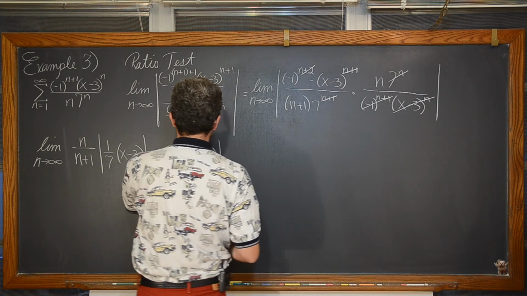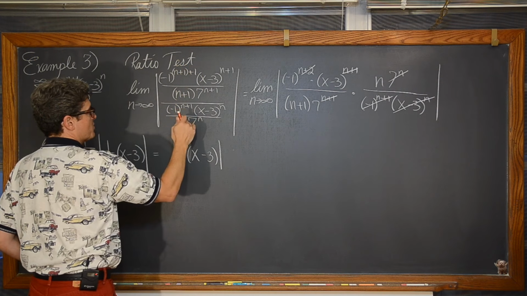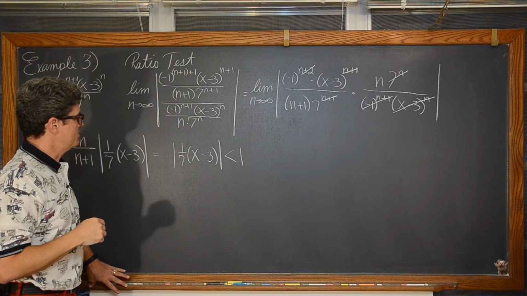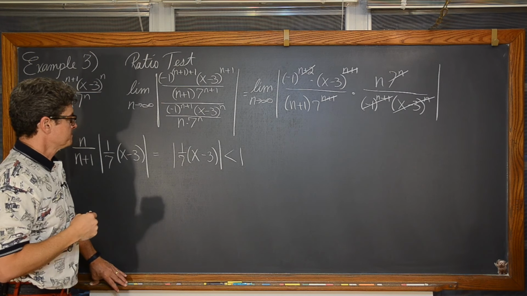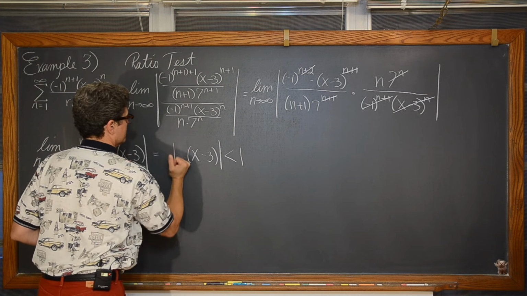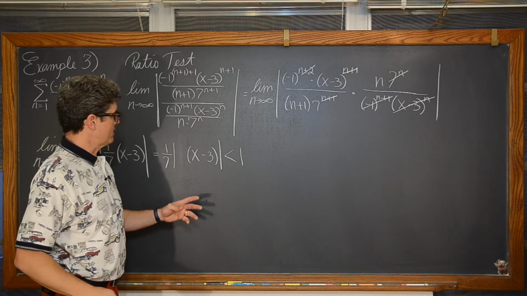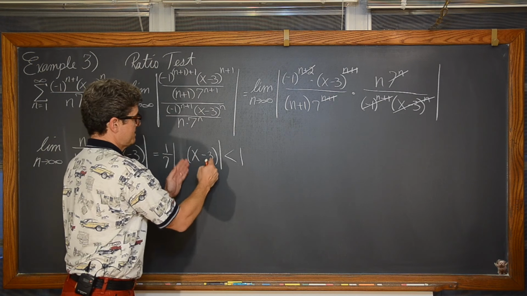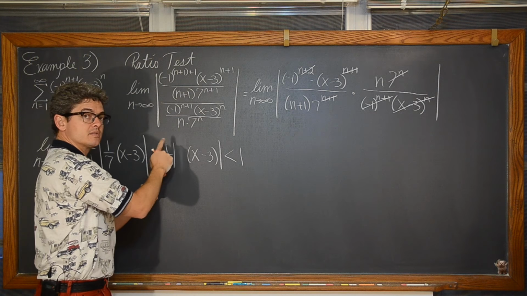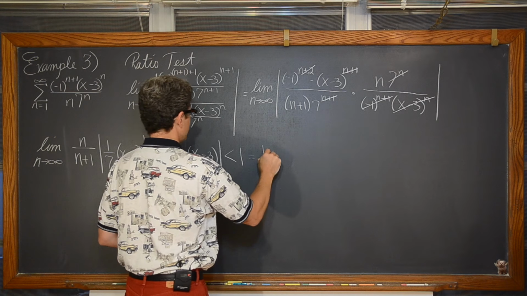So the ratio test says that the absolute value of the ratio of a sub n plus 1 over a sub n must be less than 1 for that to absolutely converge. And the absolute value of 1/7 is 1/7, so actually I could go ahead and bring that out. At this point, like I mentioned earlier in the notes, once you have that x minus c, the absolute value of x minus c is less than, well, I don't have quite the absolute value symbol alone yet, so I'm going to multiply both sides by 7. And we have the absolute value of x minus 3.